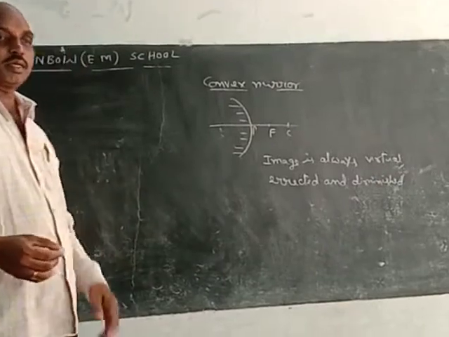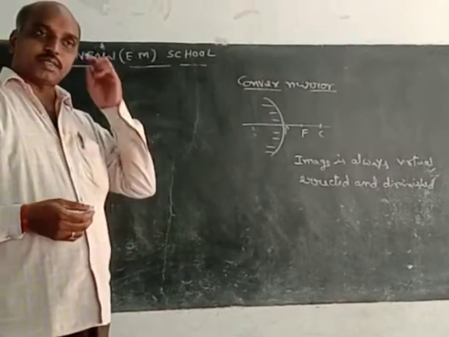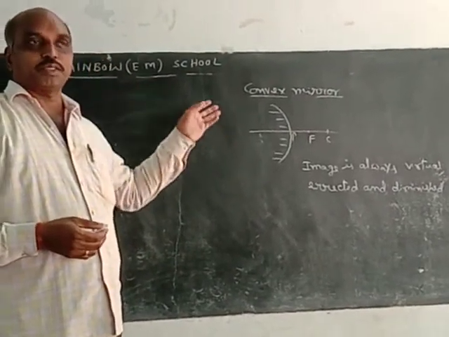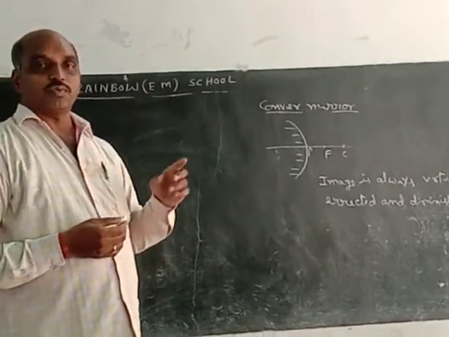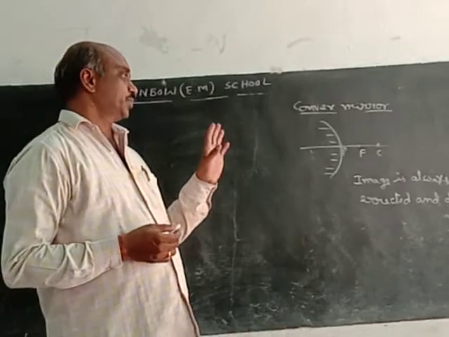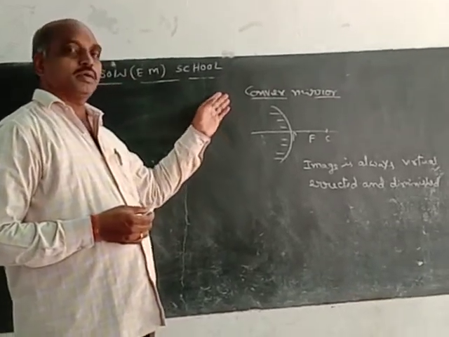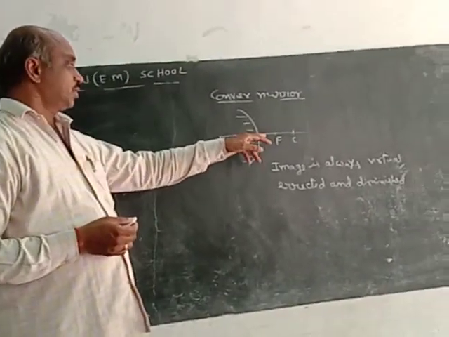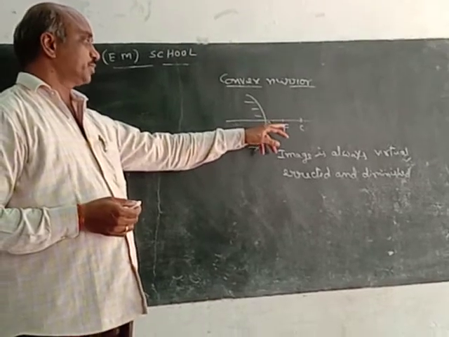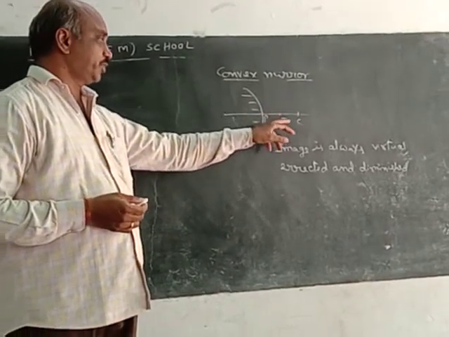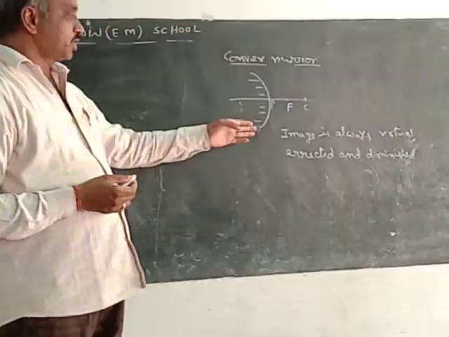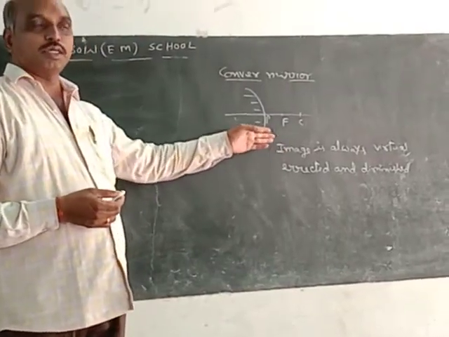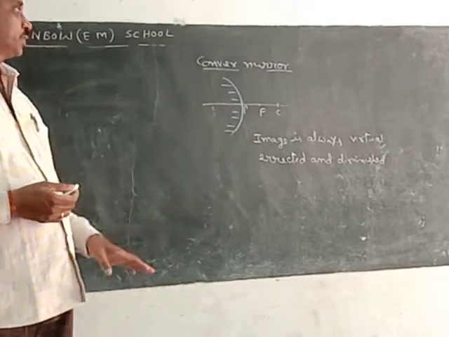In a concave mirror, when the object is kept at different positions, different types of images are formed, and a virtual image is formed in only one case. But in the convex mirror, whatever the position of the object, whether it is in between P and F, or at F, or in between F and C, or at C, the image is always a virtual, diminished and erected image.